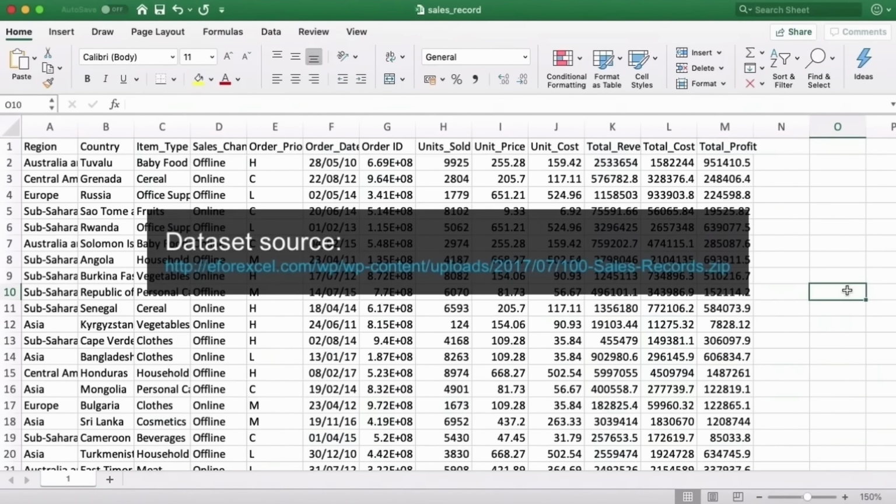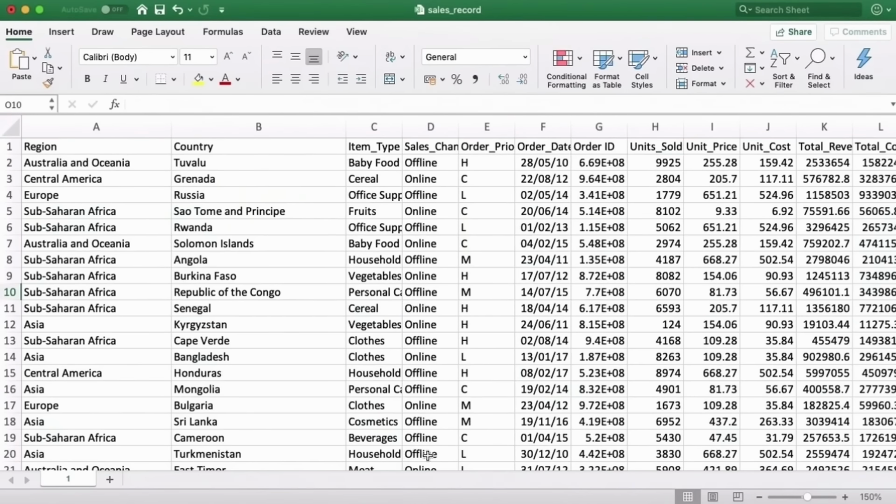This is a handy resource which has a bunch of useful links and other information for people interested in working with Excel. So we have e-commerce data here representing sales in different regions, countries, with information about item type, sales channels, and so on. We are going to make use of Openpyxl in order to format this data and make it easier for us